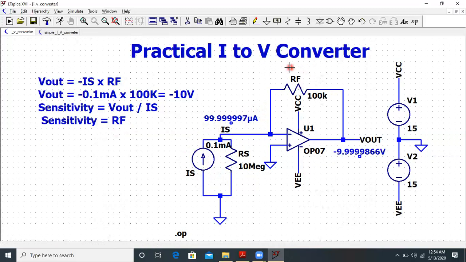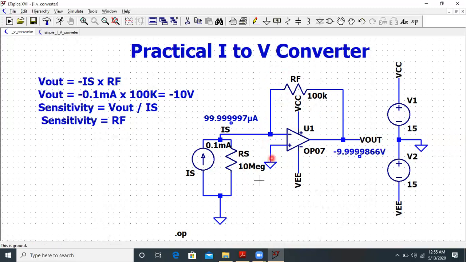For readily converting that into an output voltage, we have to select a very high value of Rf. That is not possible with the current circuitry, because if you go on increasing the value of Rf, obviously the bias currents of this op amp will be affected. Hence the operation of the circuit will also get disturbed. So that's the basic limitation of the circuitry.